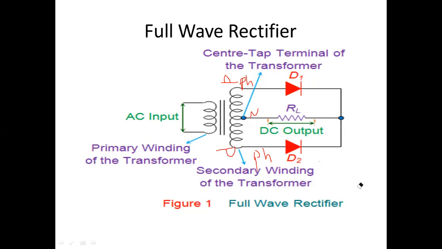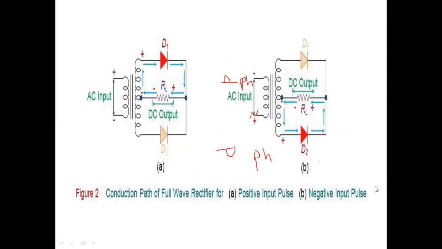So next, we will go to the next slide, that is here. I have to clear everything then. Okay. See here, this diagram is for the positive half cycle. This diagram is for the negative half cycle. We have to consider here now a positive input pulse and a negative input pulse. They have used it here now.